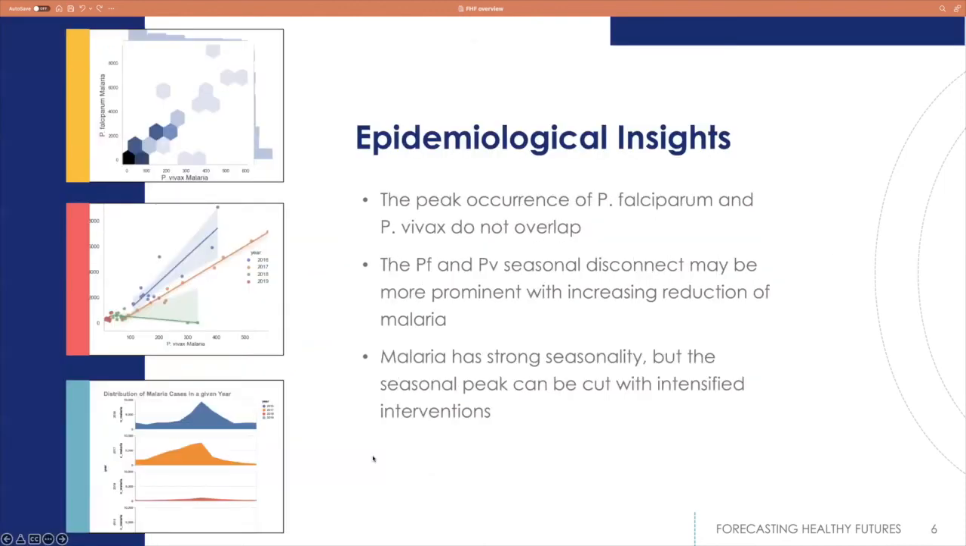Now I'll talk about some of the insights that we gathered, that is, how climate change and other challenges are impeding progress against malaria. The first problem